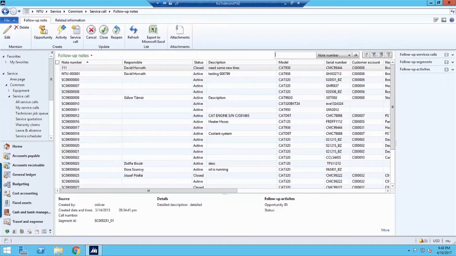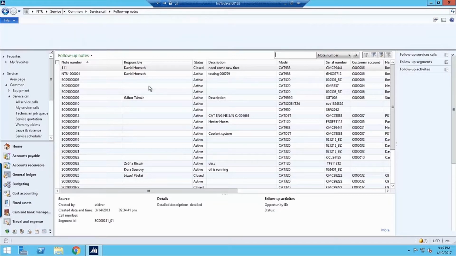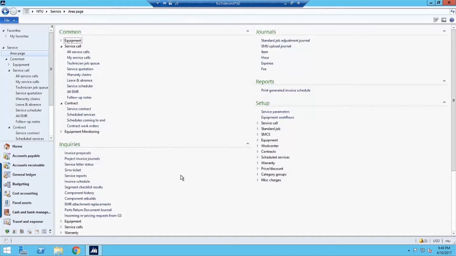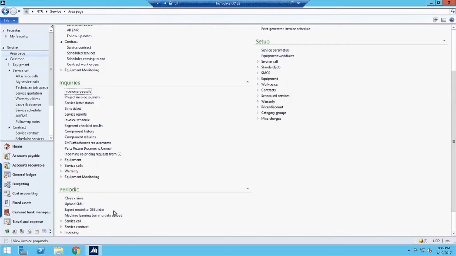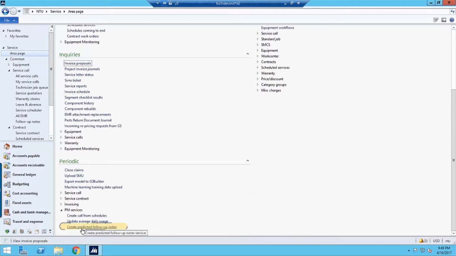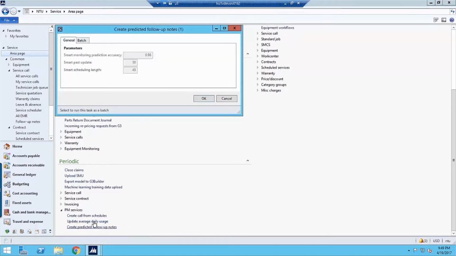Now that functionality is still available, because it's obviously still important to have. But we've extended that functionality to a periodic job, which I will show you now. It's called Create Predictive Follow-Up Notes. With this periodic job, a call will be made to the machine learning web service and create follow-up notes for